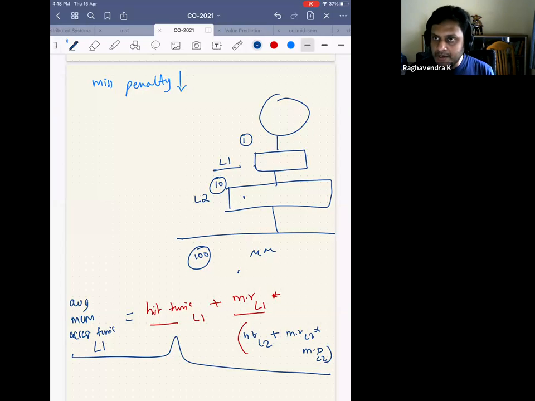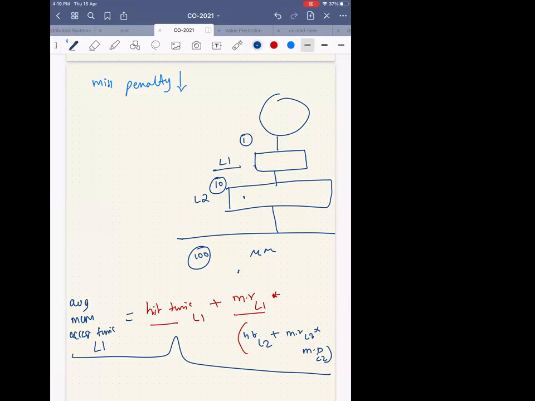So I can reduce the miss penalty. But can I reduce the miss penalty in any other way? Did you get a chance to think about it? No other way to reduce the miss penalty? We already discussed one more way to reduce the miss penalty in today's class. The store queue. Yes, right.